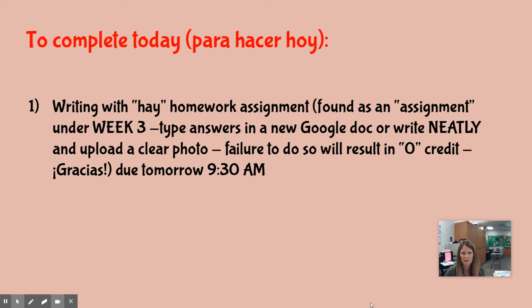It's found as an assignment under week 3. All you're going to do is type your answers either in a new Google Doc, and if you need help with accents, there is an accent guide that's under classroom or class materials in Google Classroom, so you can click on that and look at ideas of how to, depending on your format, if you have an Apple or a PC, or you can write them neatly on a loose leaf and upload a very nice and clear photo.